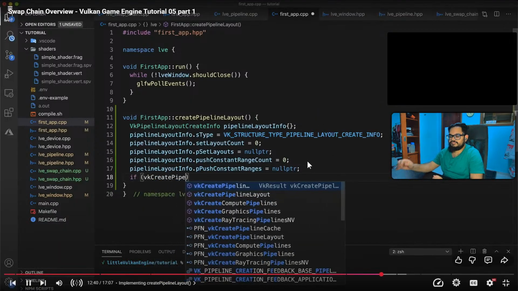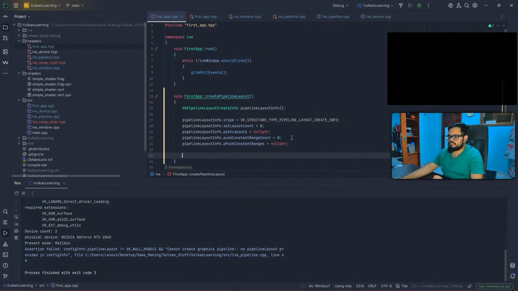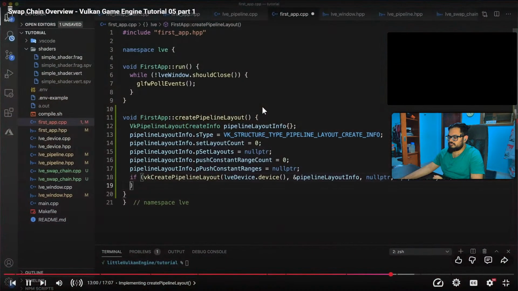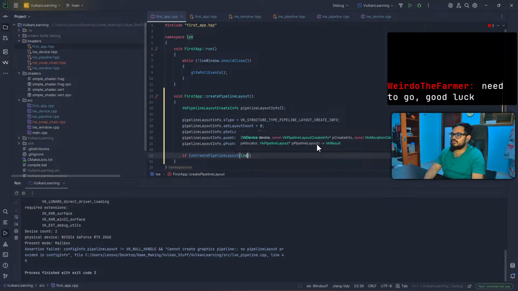Then in an if statement call vkCreatePipelineLayout, with our device.device, a pointer to our pipeline layout info, a null pointer, and the pipeline layout, and check that it does not equal VK_SUCCESS. In such a case,